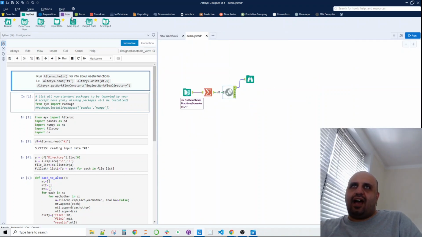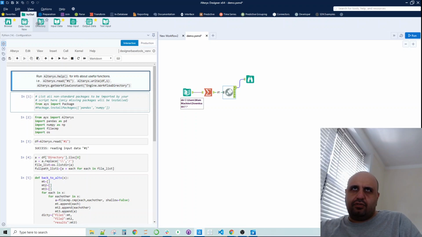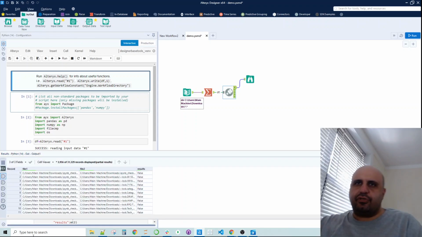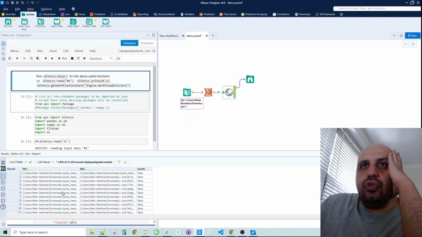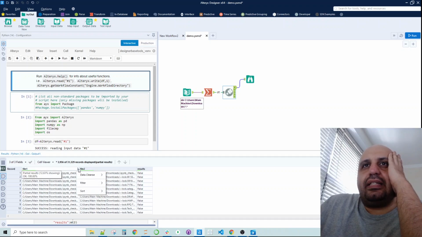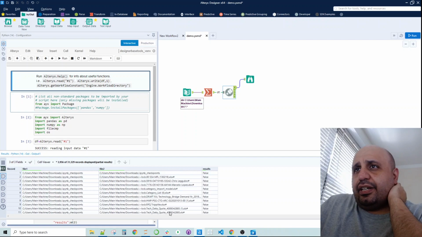We have everything out, and I need my results. So give me 1 second. Let me see where they are. Here we go. These are my results. Okay. This is a little bit messy. I don't like looking at this this way, at least, because as you can see, these file